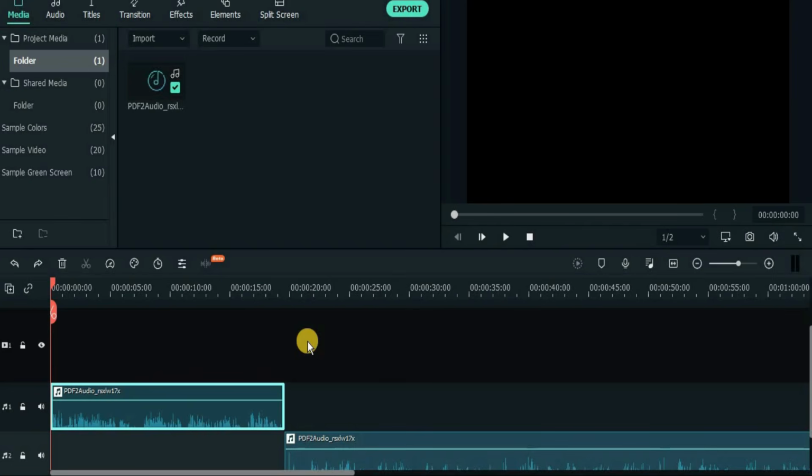So now that you have the dialogue of both of the speakers inside a separate audio file, the next thing is to generate the avatar for both of these speakers, which will be part of our video podcast. So this can be done using image generation. You can use a bunch of different AI image generators like Leonardo AI, Midjourney, and Microsoft Designer. But for all of them, you need to have a prompt.